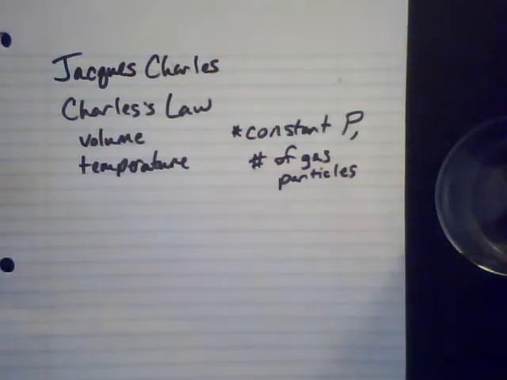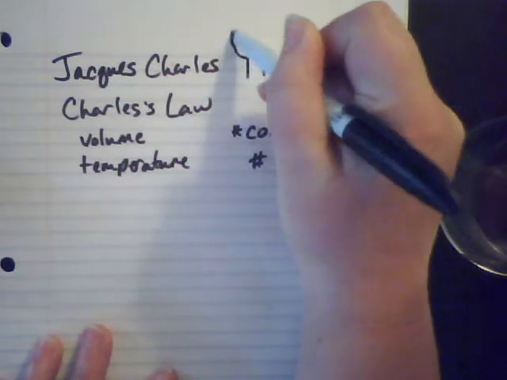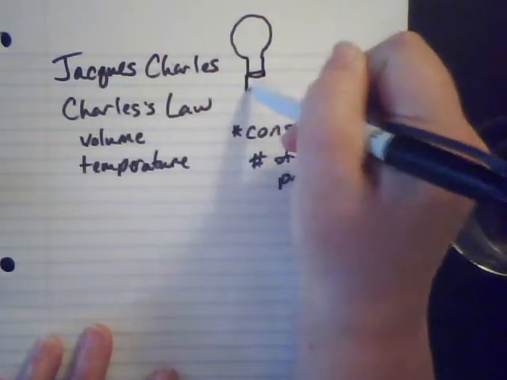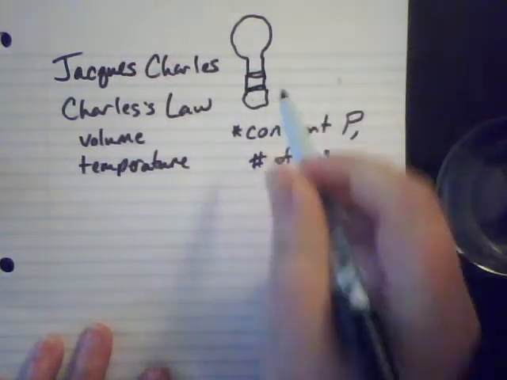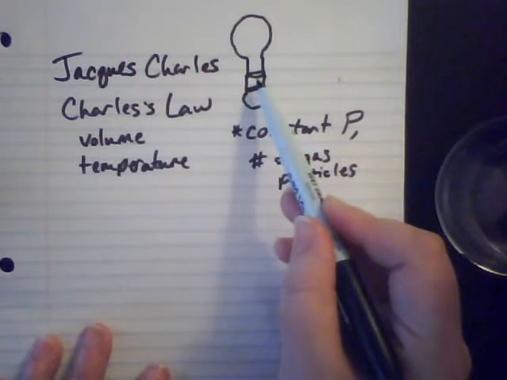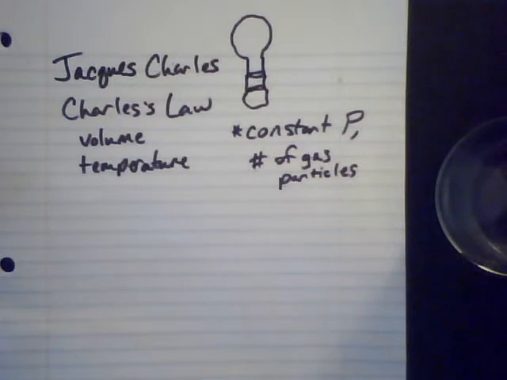Now, Jacques Charles was kind of an interesting guy. He, as many of the people that were studying gases at the time, was really interested in hot air balloons. And so when I think of Jacques Charles, I always think of hot air balloons. So you and I, we think about hot air balloons that look like this, right, with kind of an open end, and that's attached to a basket. Kind of looks like a light bulb the way that I drew it there. So there's the basket there. You have a heat source down here, which heats up the gas on the inside of the hot air balloon, and that allows it to expand, right? And the reason that I bring up hot air balloons with Jacques Charles is because he was the one who really came up with and formalized that relationship between temperature and volume.